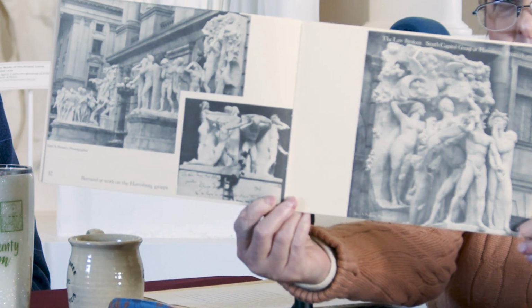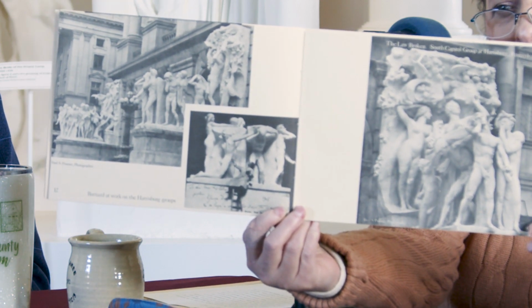So yeah, they're right on the outside, as you had mentioned. Did the state of Pennsylvania commission him to do those, or how did that work? It was a contract. It's pretty controversial because the